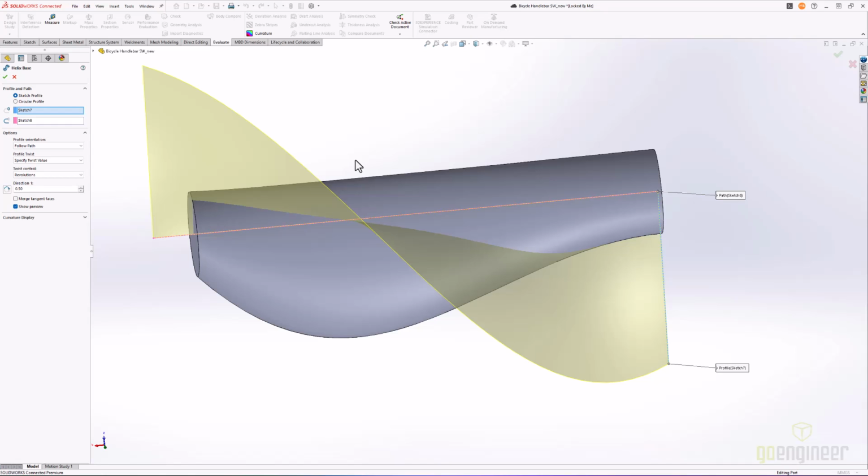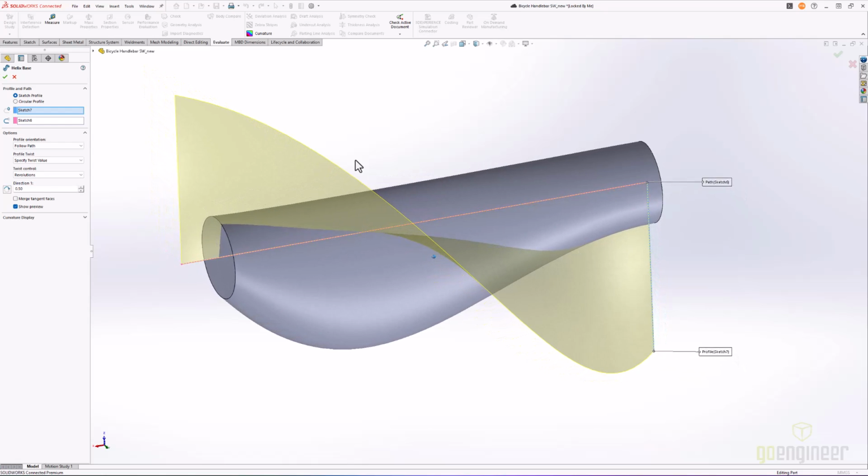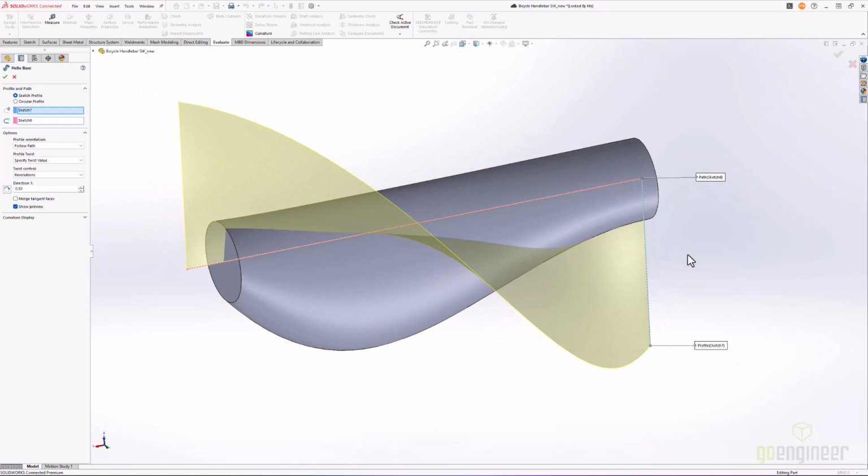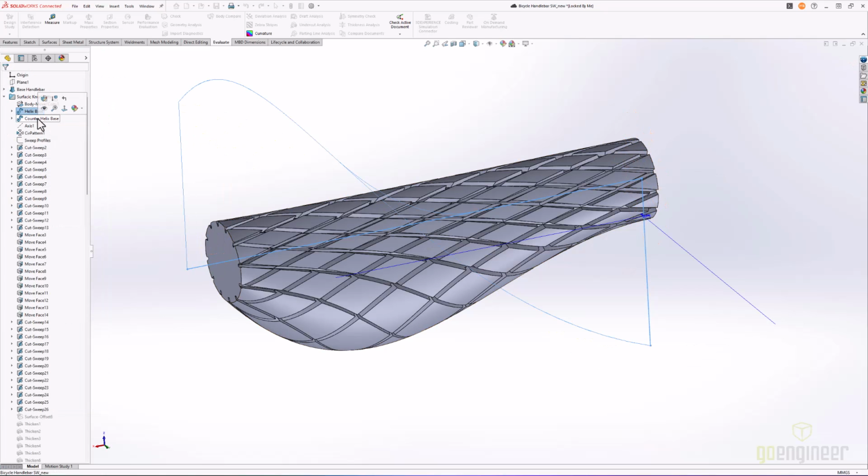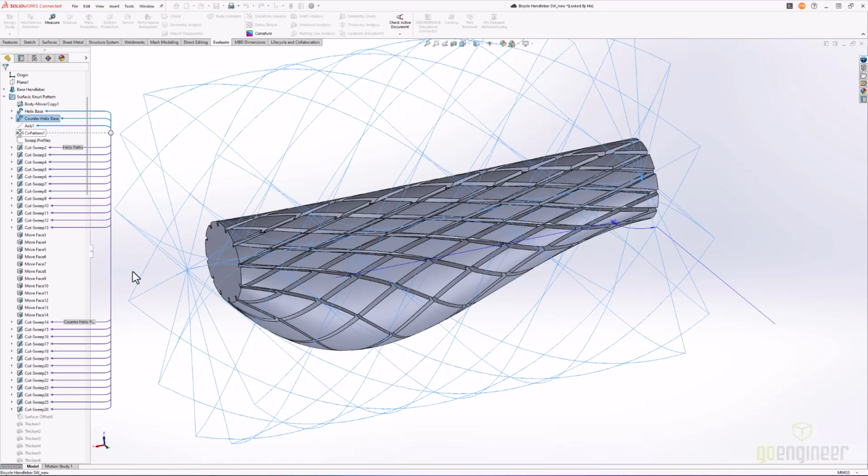To create these curves, I created helices using a surface sweep. By using a single line as a profile, I am able to specify the number of twists along the sweep path. In this case, half of one complete revolution. I recreated this in the counterclockwise direction as well by simply tweaking one feature. I then used a circular pattern to create multiple helices, almost like a multi-start thread for both the clockwise and